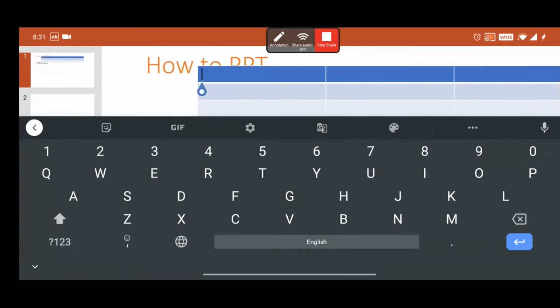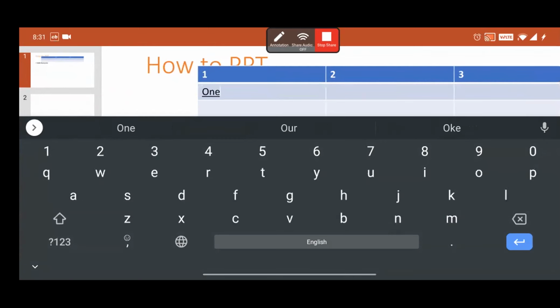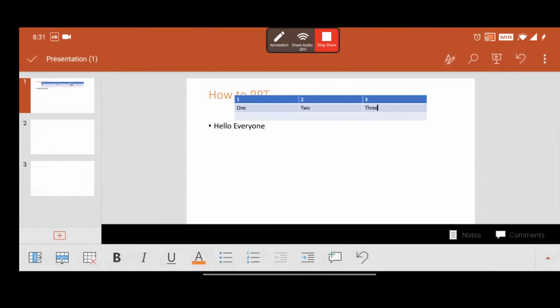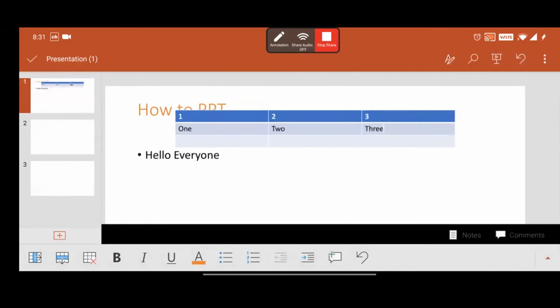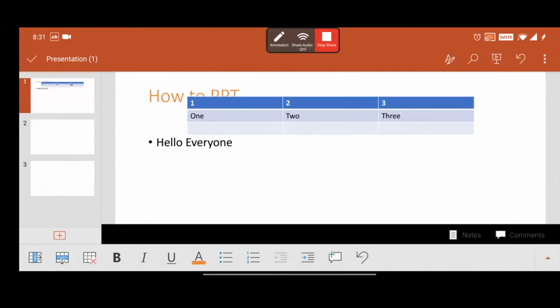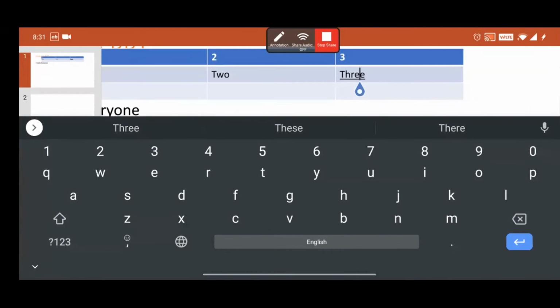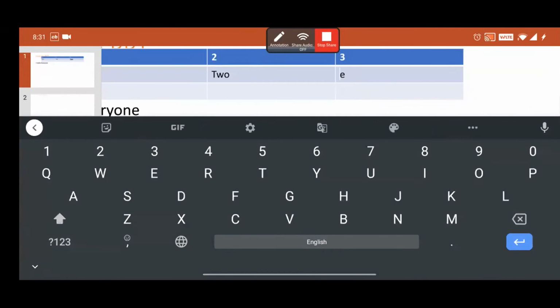Double tap and then select 1, select 2, 3. See, we are entering the data in the table. So this way you can add any table.